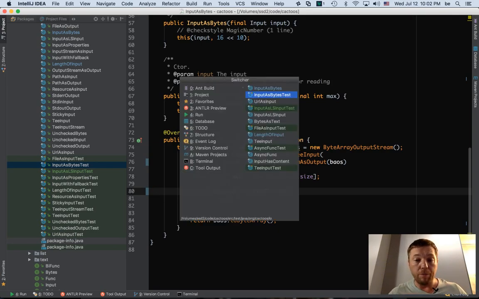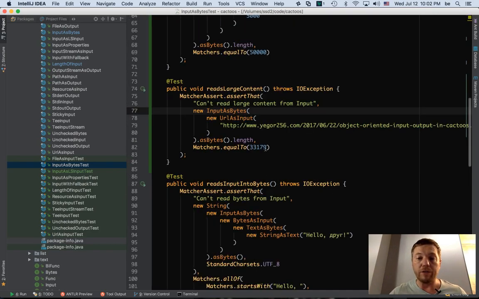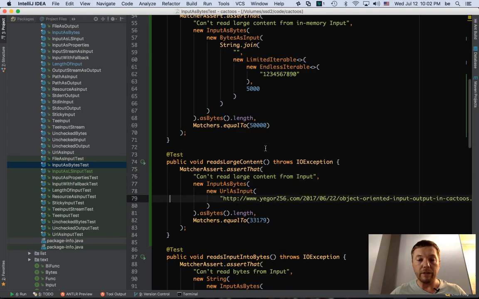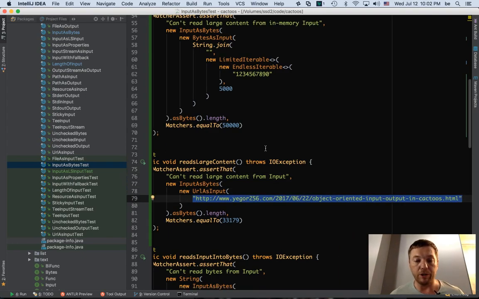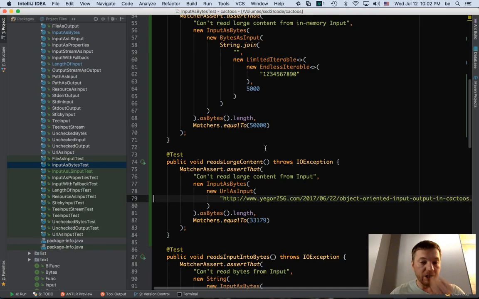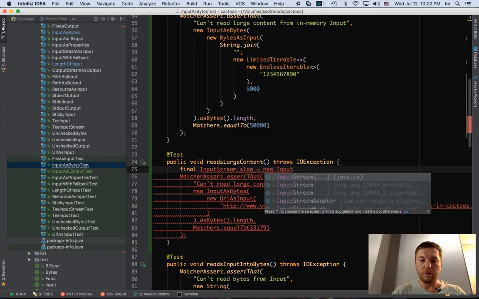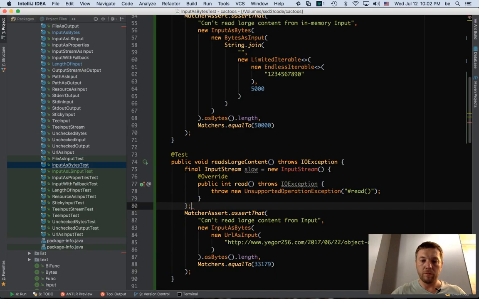The ideal solution, though we don't have time for it now, would be to remove that dependency from here, remove that real URL, and create an input stream which will do what I just said. Let's try it. Maybe it will take just a few minutes. So, an input stream which is quite slow, like this.